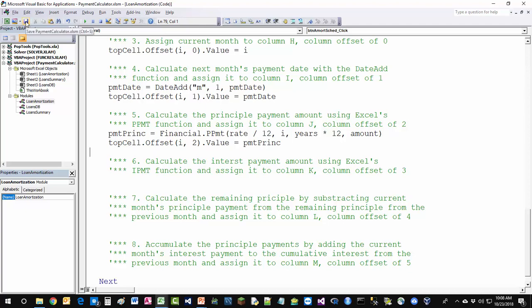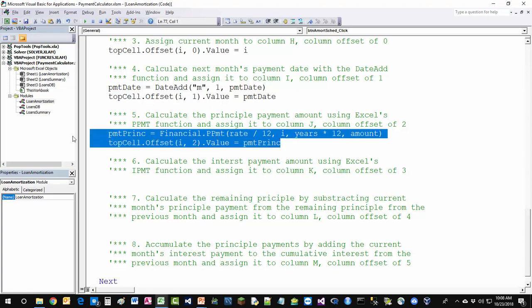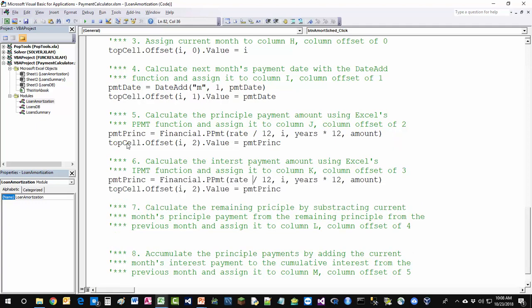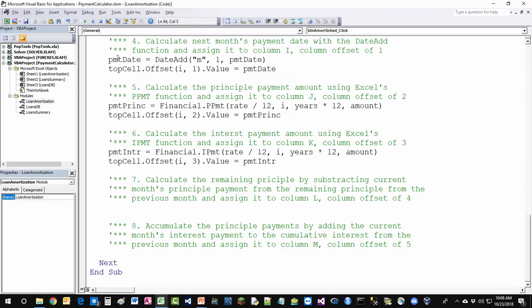Okay, so the interest payment calculation is very similar, so I'm just going to copy both of these lines and modify them. So instead of PPMT, I'm going to have IPMT. Instead of PMT prints, I'm going to have PMT INTR for interest. Okay, and the column that we need to put that interest in is number 3. Okay, copy, paste, should complete that column, which leaves us with the final two columns for the remaining principal and